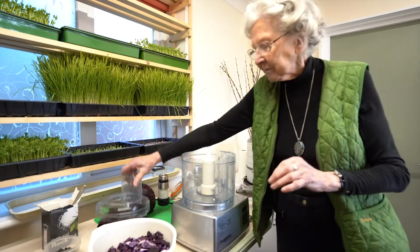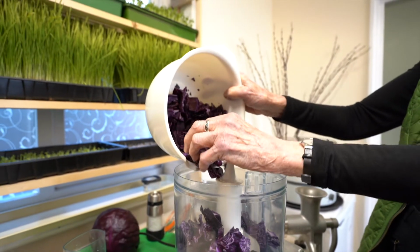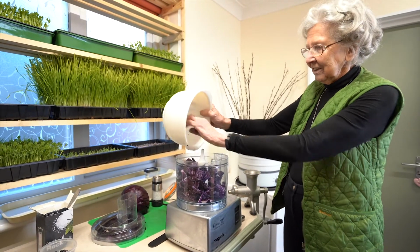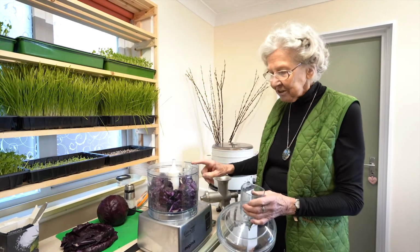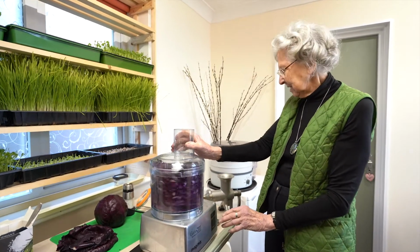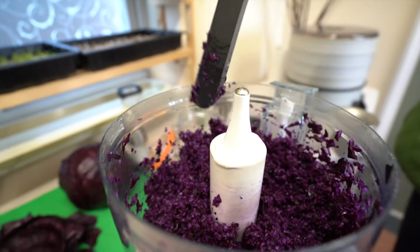I've got some ready chopped red cabbage. I didn't grow this myself, but I do grow on my little allotment patch some cabbages, of which the red ones are a very useful addition. So we're first of all just going to reduce this to a much smaller texture. Now if you have a look in there, you can see that that's a fairly granular texture,